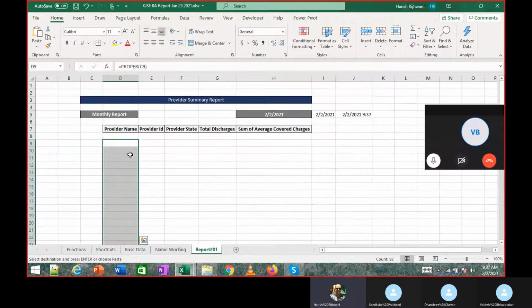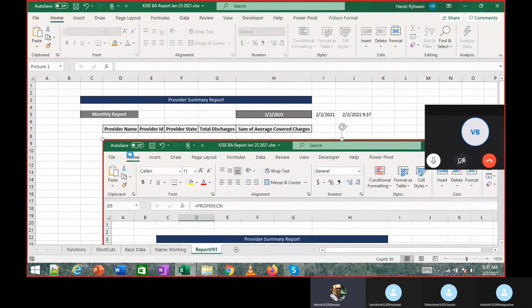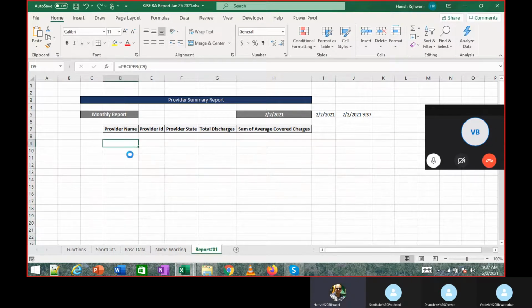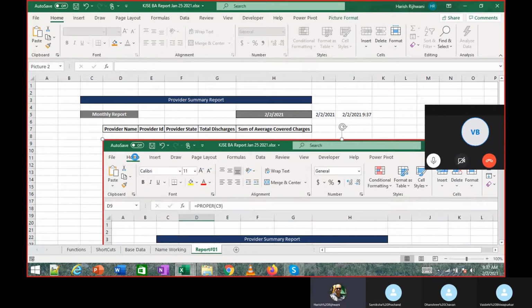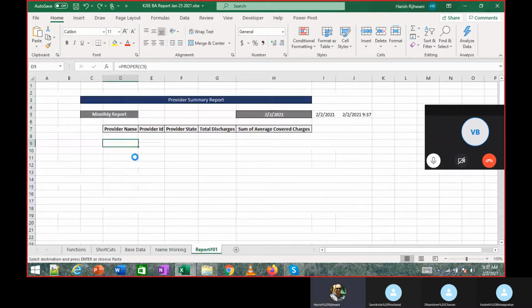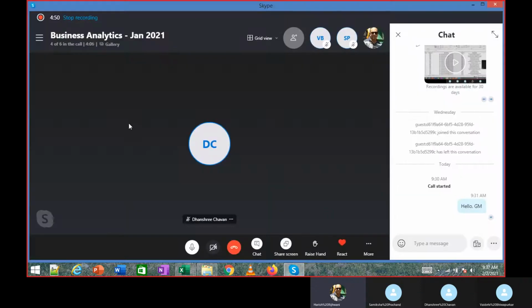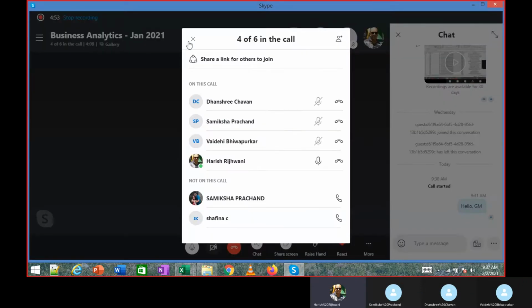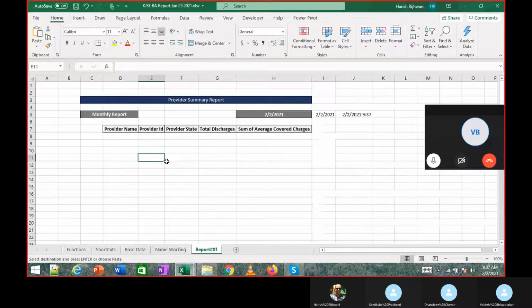If you notice, when you are pasting, the value is coming, right? If I paste the value, if you see for a second, yeah, when I am pasting this value, for a second I see the names coming, but then it goes away. Why do you think that is happening? Any idea? Anyone? Any thoughts?